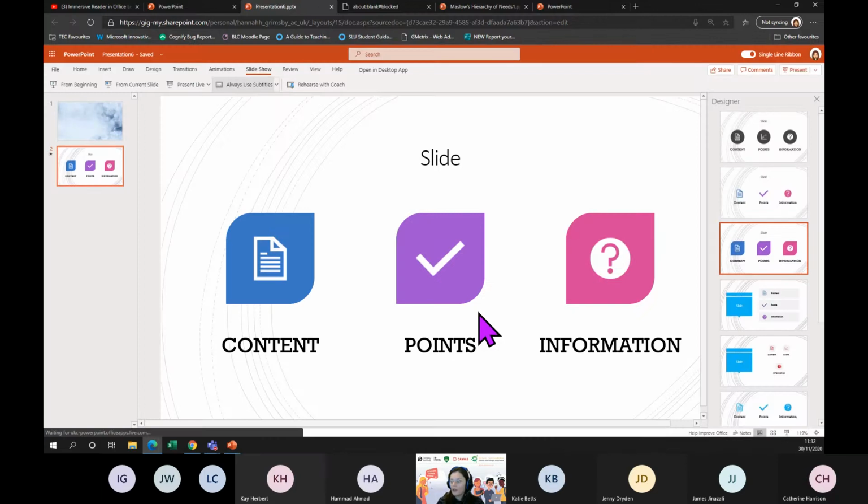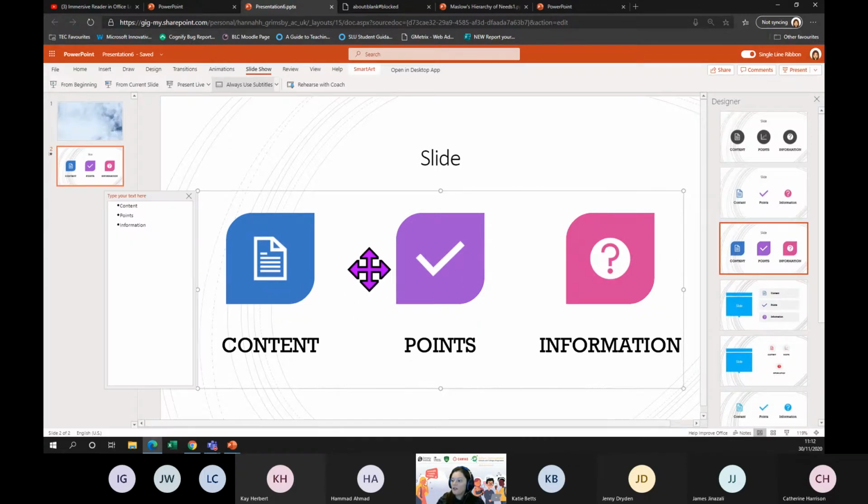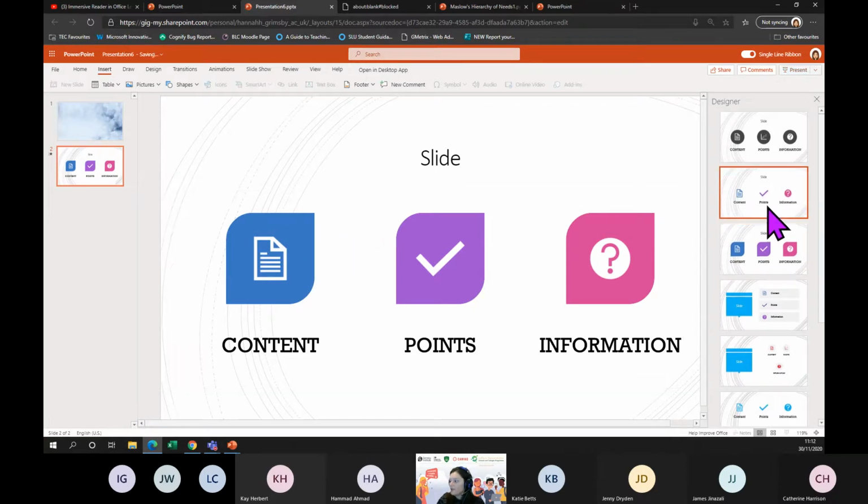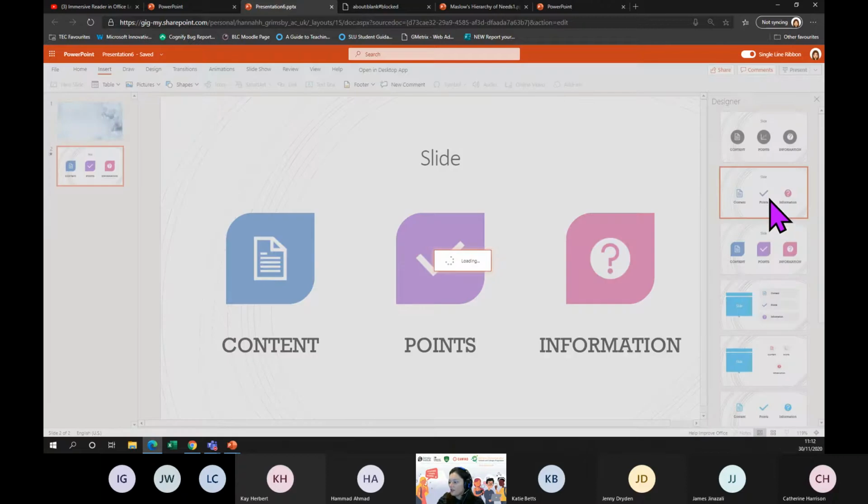Okay, so there's different types of content that you can add to your slides. So if I go to the insert tab at the top, you've got different options, shapes, icons. These are icons here. These are very, very simple images that you can add to your slide. Where you've got things like, if I go to the designer, if you can see on here,